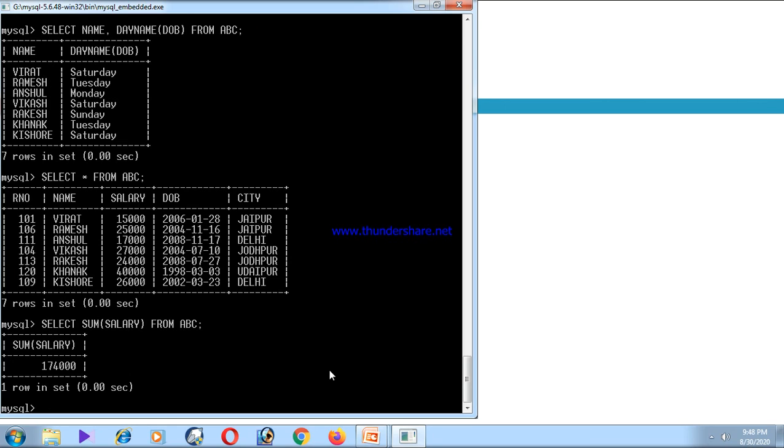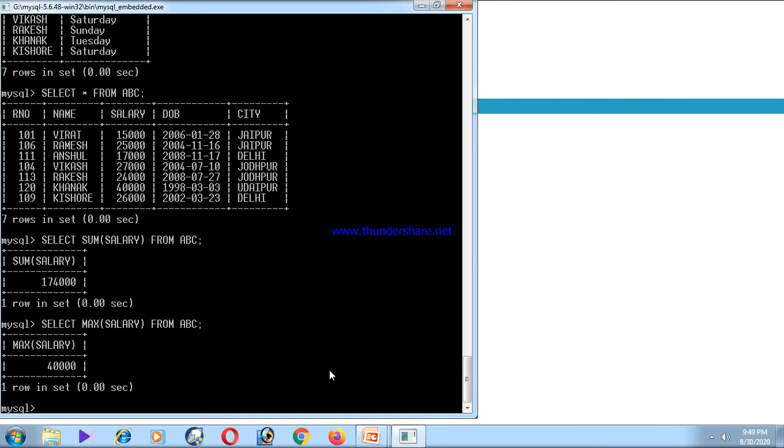Just check it out. Only a single result is there. So the sum function works on multiple rows, on the entire column of the table. It takes the salary of each and every employee, adds the salaries and produces a single result only. Right? It is sum. If you want to find out the maximum salary of this table, select max salary from ABC.